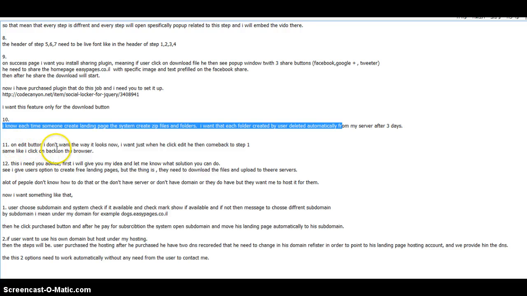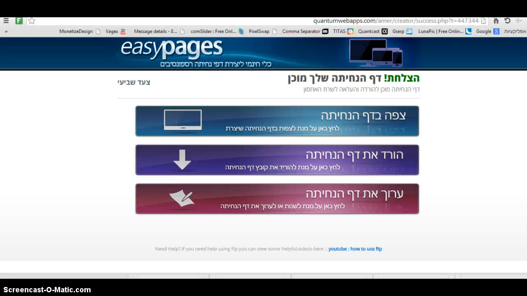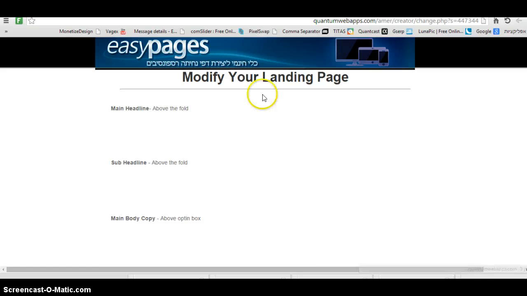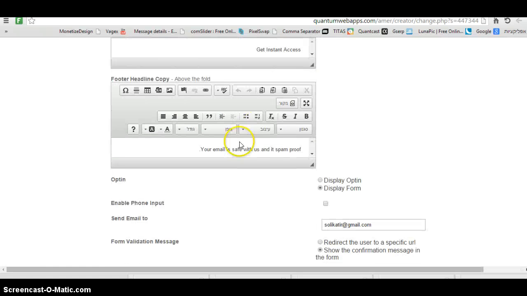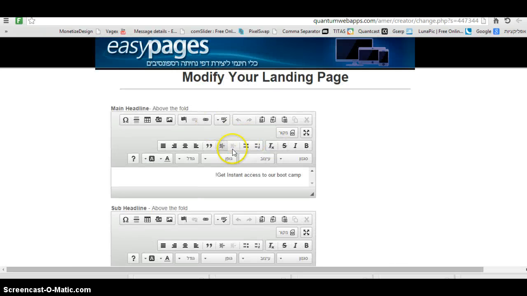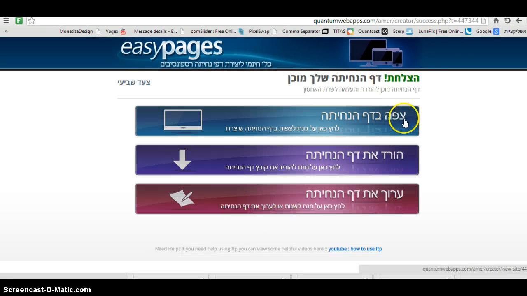On the edit button, I don't want to. You see, this is the edit button. If I click on this, it opens some fields for me to correct. I don't like this. What I want is that if I click here, something will happen the same way